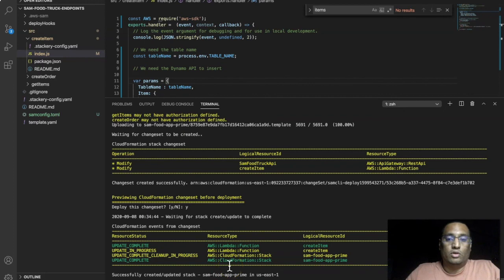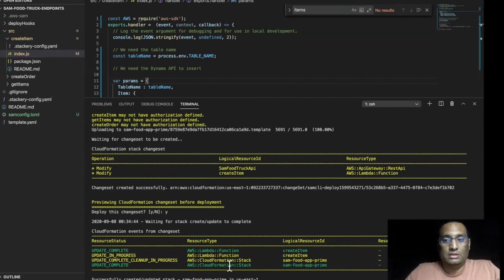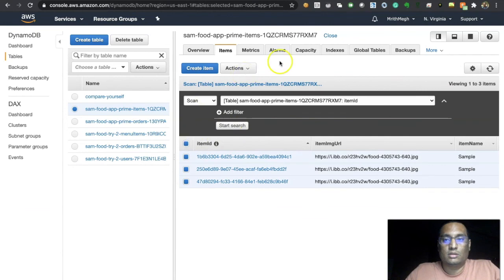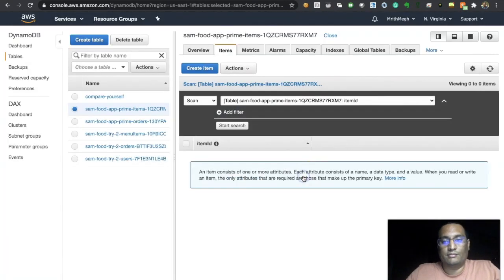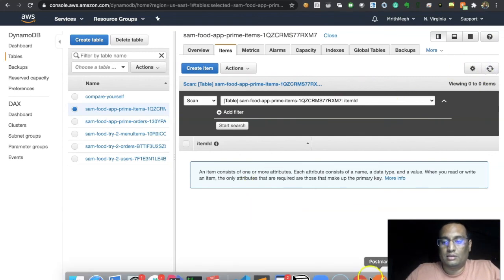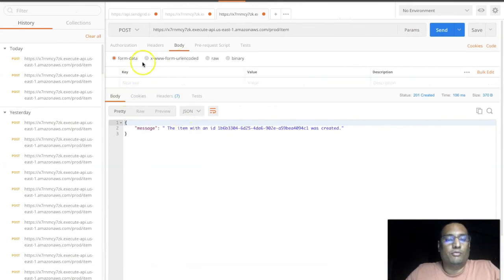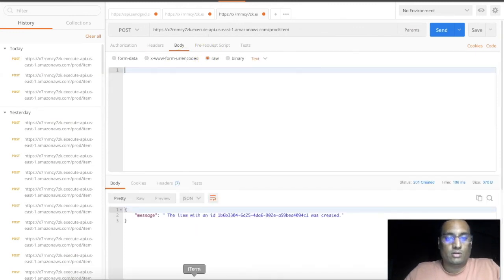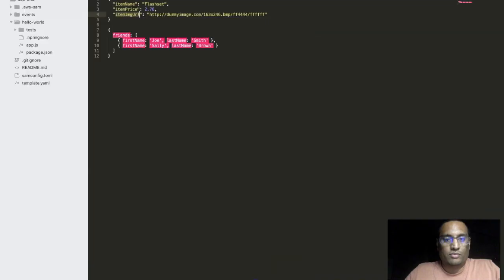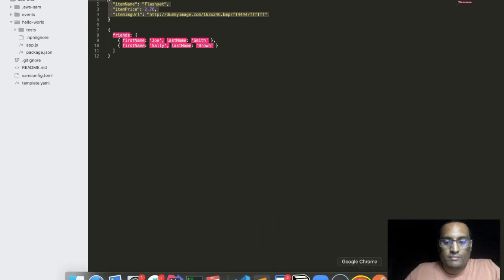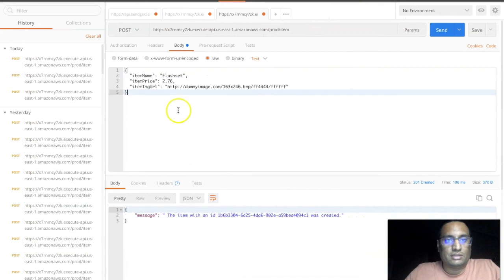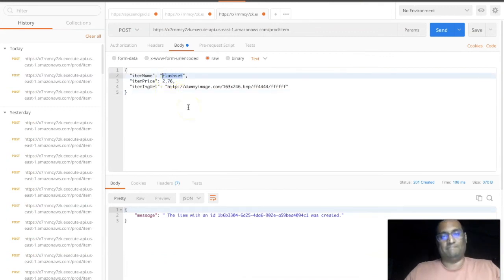So now let us go to our DynamoDB table and clear that first. Let me go ahead and delete it. And we don't have any new items here. Now let's go to the Postman. And now we need to give a raw event body. Let us go to my sample message. What we have here, this one, and let us paste this in Postman, and we can say